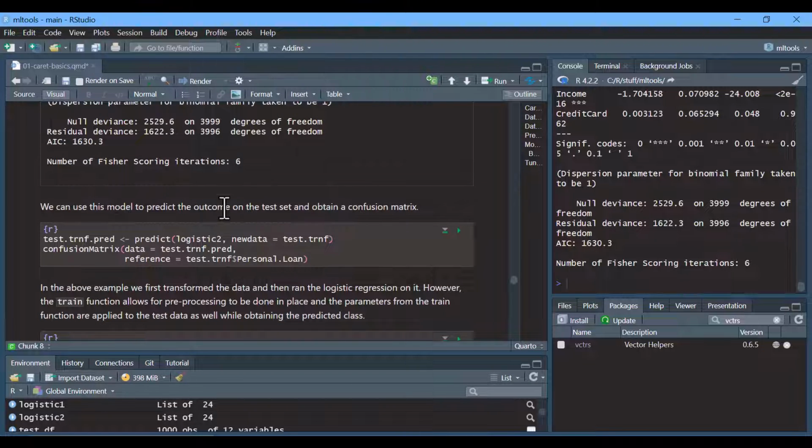Now, once we have this model, we can use it to predict our outcomes on the test set. And then we can also assess the accuracy of our model compared to the actual outcomes. So we can use the confusion matrix function. So first, let's do our predictions